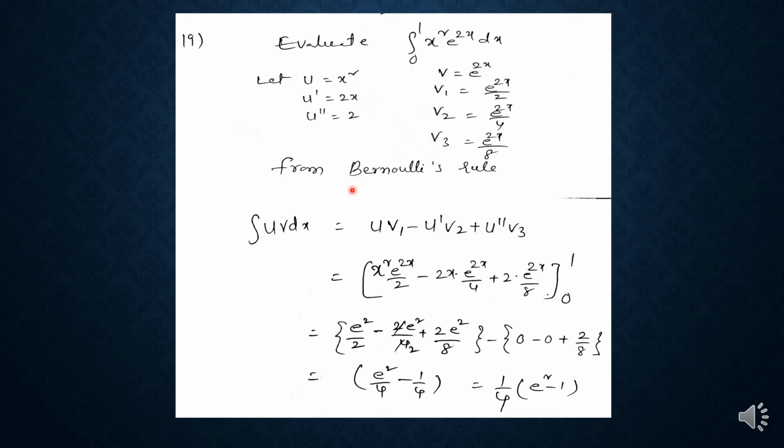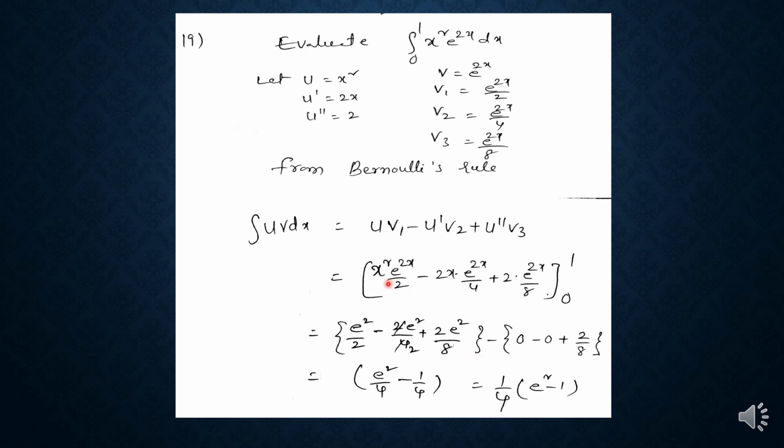By substituting these values here, u into v1, u is equal to x square into e power 2x by 2 minus 2x into e power 2x by 4 plus 2 into e power 2x by 8 from 0 to 1. Now substitute the upper limit. By putting x is equal to 1, what we will get? 1 square into e power 2 by 2, that is e square by 2, minus 2 e square by 4, plus 2 e square by 8, minus of, by putting x is equal to 0,